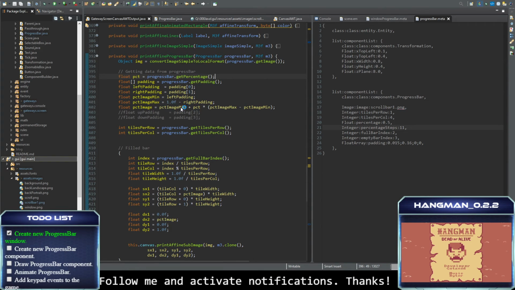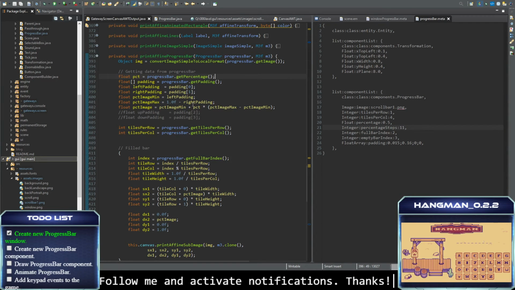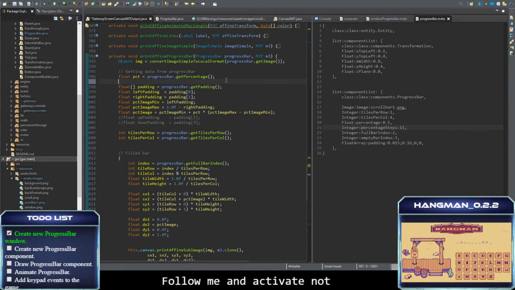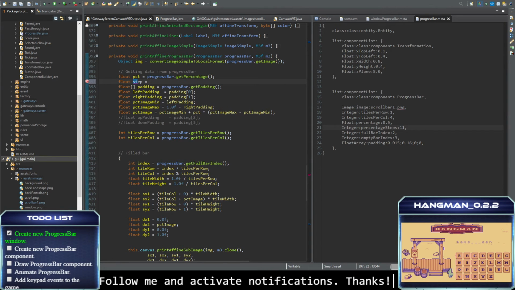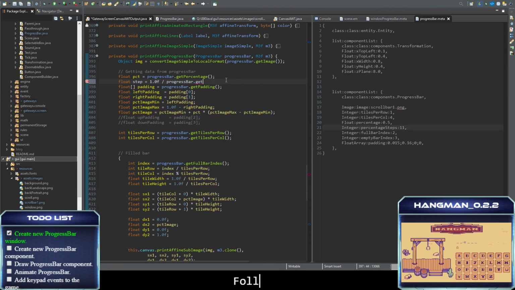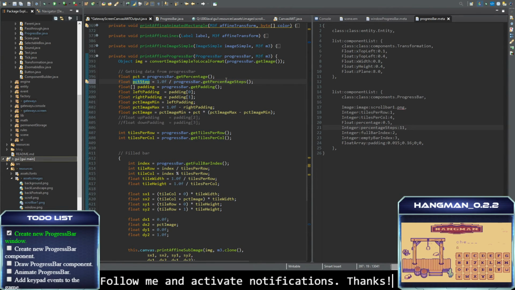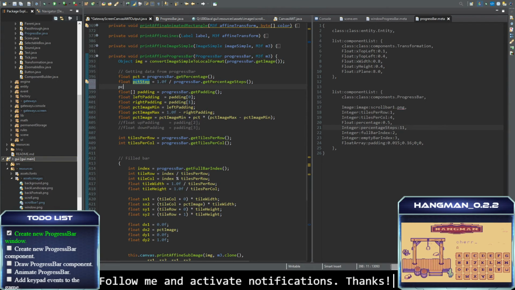So this is the percentage of the picture. I don't want to use this one. So first we want to know the step. The step is 1, that is the full, divided by the progress bar's number of steps. In our case it is 11. So this is the percentage step size. Okay, so if we divide percentage by percentage step,